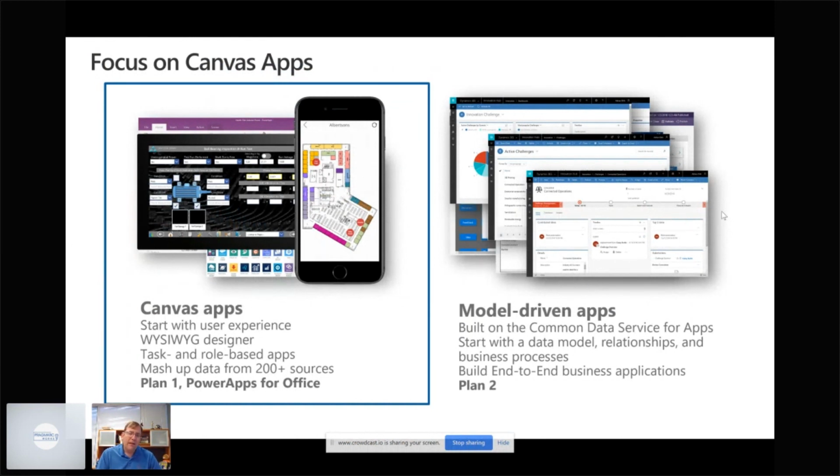So that's what Plan 2 is. Plan 2 is $40 a user a month. This is for building an application much easier against the Common Data Services. This is not about connecting to 200 data sources, it's about connecting to the Common Data Services. Think of it like Dynamics. This is really your Salesforce compete. If you're building applications in Salesforce at $120 a user, this is kind of that Salesforce model, but $40 a